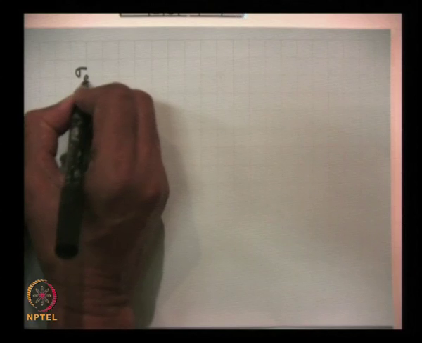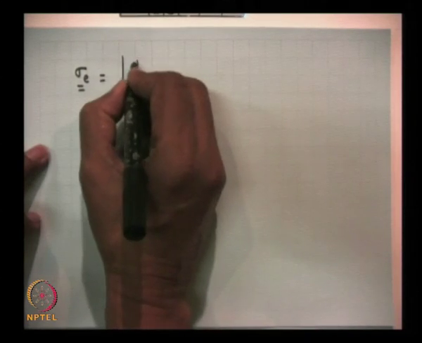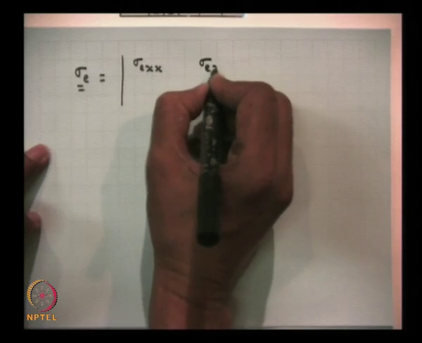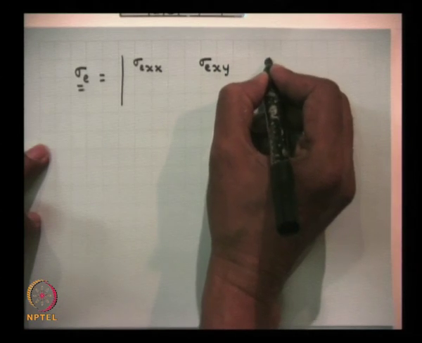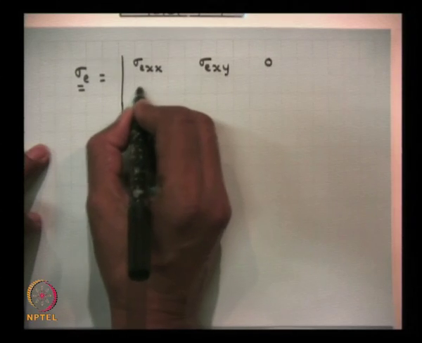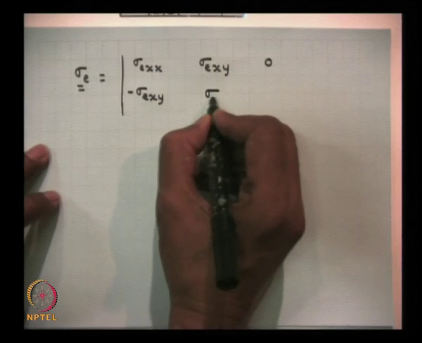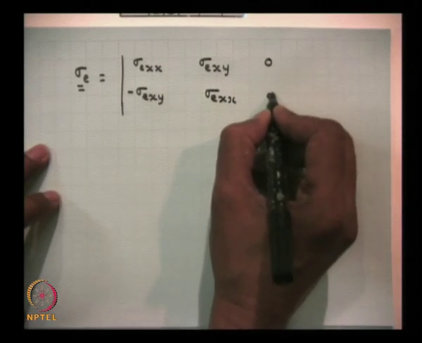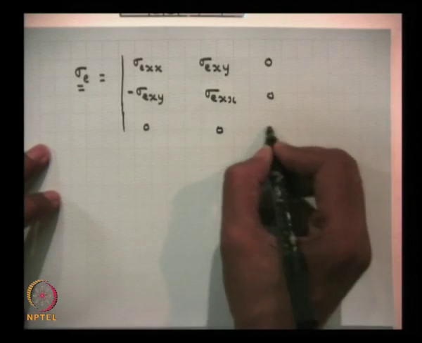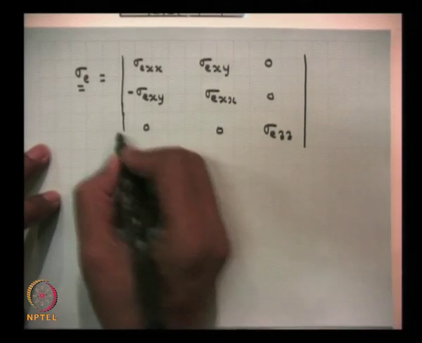Sigma is the tensor of electron conductivity, where the following components are finite: sigma Exx, sigma Exy, sigma Exz is 0, sigma Eyx is equal to sigma Exy with a negative sign, sigma Eyy is equal to sigma Exx, this is 0, this is 0, this is 0, and this is sigma Ezz, where these values are